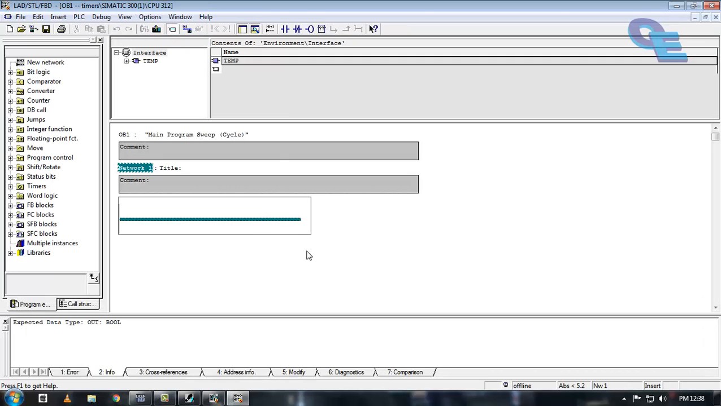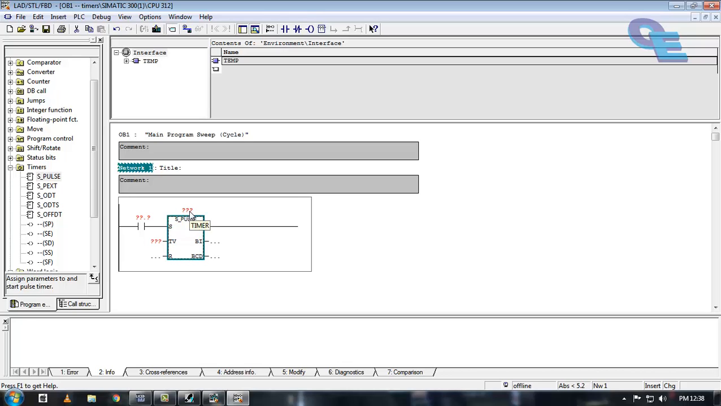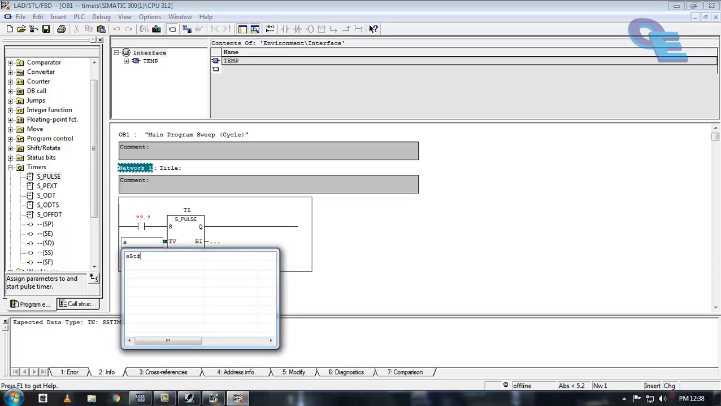Okay. Now I will select one input and here you can take the timers from this tray, drag and drop. For timer I will select the name as T5. S pulse timer I am going to show. For timer value you can put it as S5T#5s or 10s. 10 seconds I will take here,